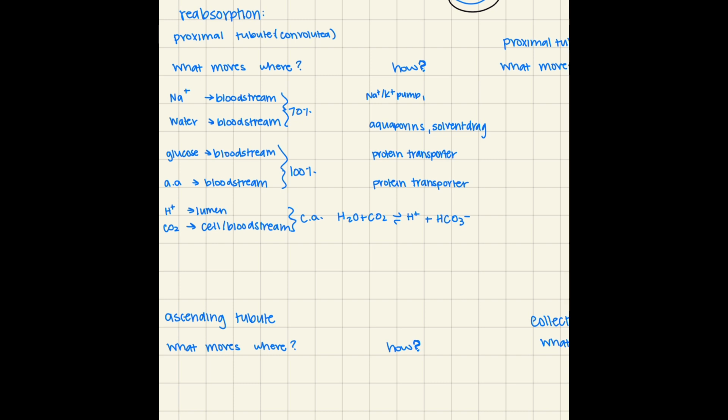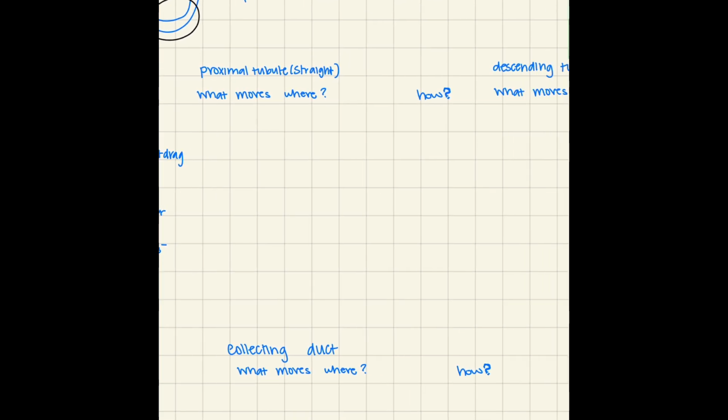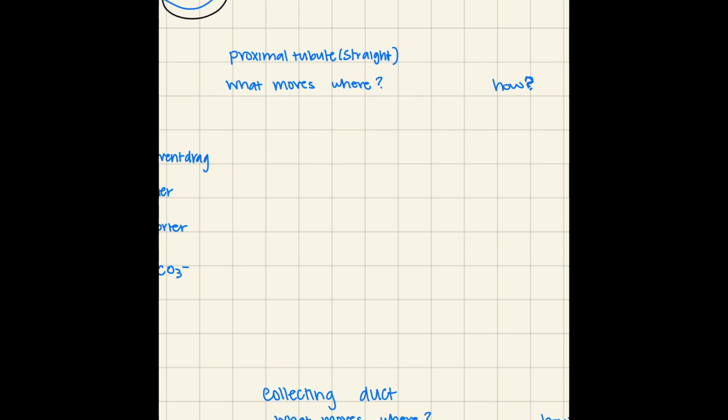Wait, hold on. Yeah, it should be greater than 1. Where's the TFP of glucose? No, wait. Oh gosh, I would have to do the math. I need to make a graph. But the chloride concentration will be much greater. It's moving at a way slower rate than water at this point because it's stuck in the cell, if that makes sense. In the straight proximal tubule, we're moving alpha ketoglutarate,